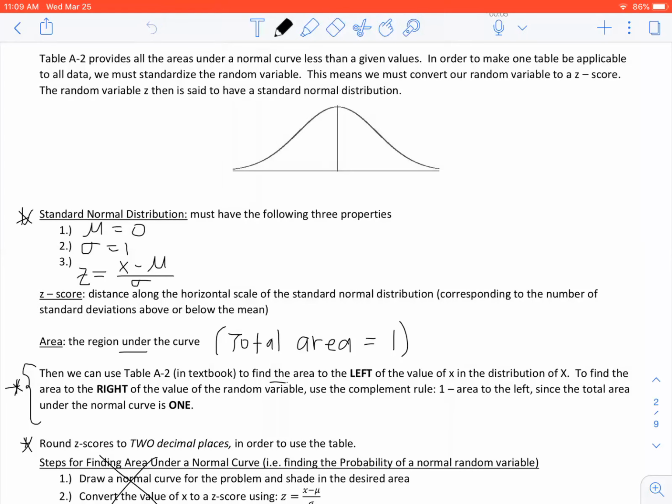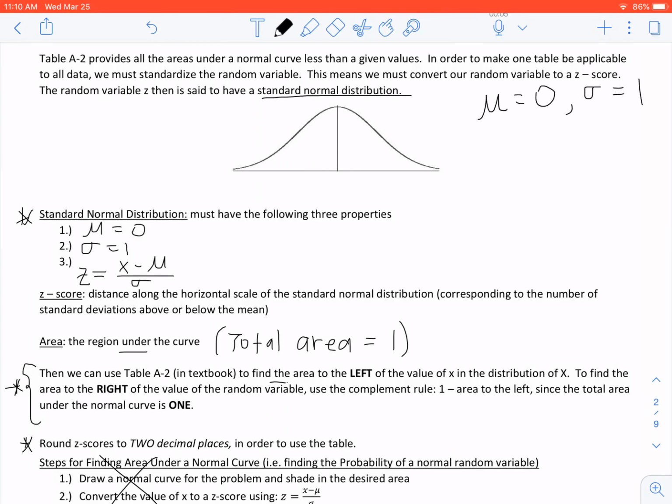A continuation of section 6.1, which we are on page 2. And this is talking about table A2, which we actually won't be using, but provides all the areas under the normal curve less than a given value. And so also for us, we're going to see wording that will say standard normal distribution. So anytime it says standard normal distribution, we know that the mean is equal to 0 and the standard deviation